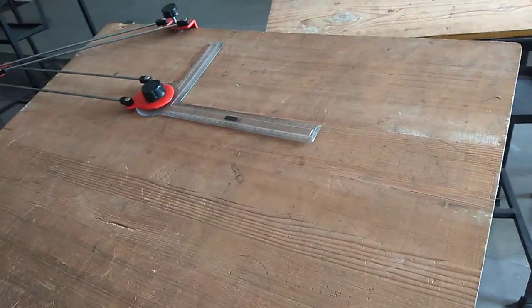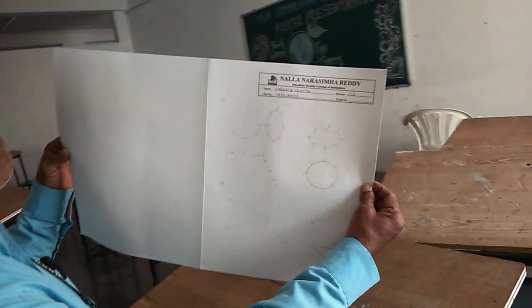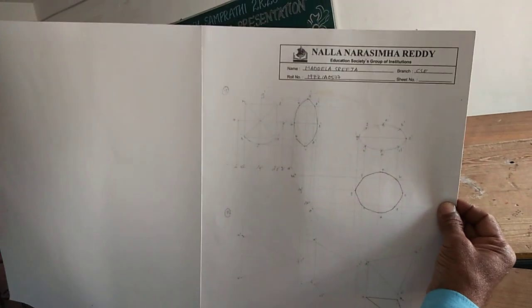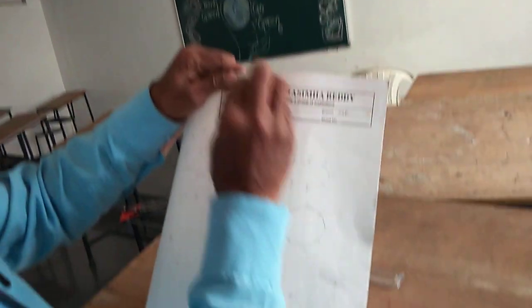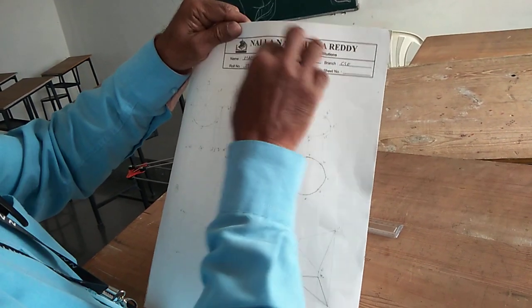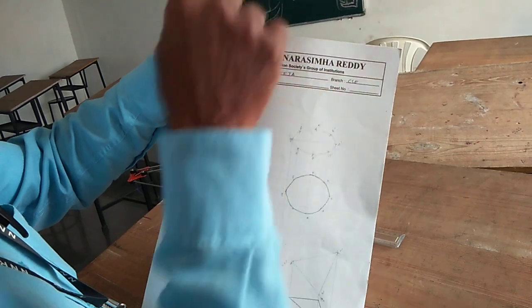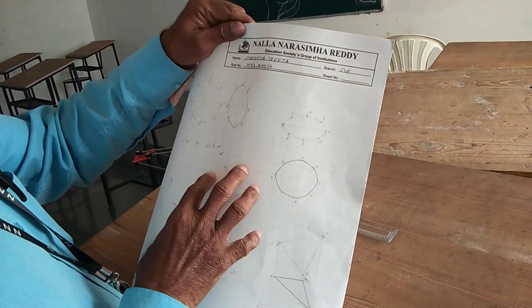So now the drawing sheet is of this much size. This is, let's say, Nalla Narasimha Reddy Education Society's Group of Institutions, as you are seeing here. It is printed here. Actually, we call this the title box, right? Normally, the title box also has to be drawn by the drafter or draftsman or draftswoman. That means yourself or myself, if I am the preparer of these drawings, right?